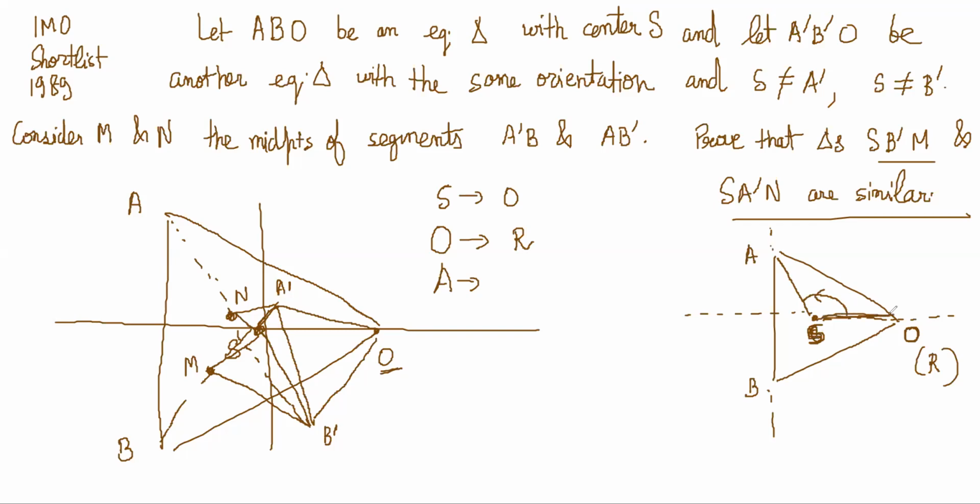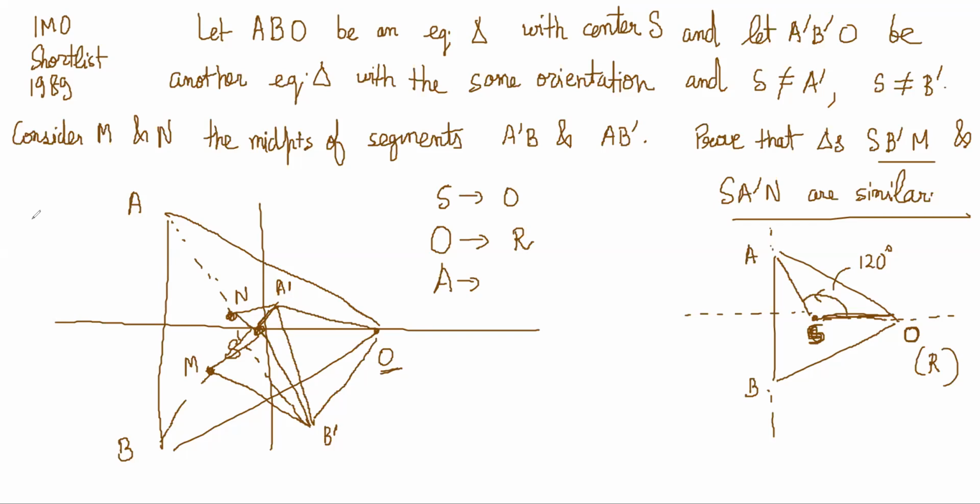This line, if I rotate by 120 degrees, I should get A point, no? Is everyone understanding what I'm saying? Yes. If I want to get A point's coordinates, I need to rotate this OS line by 120 degrees,